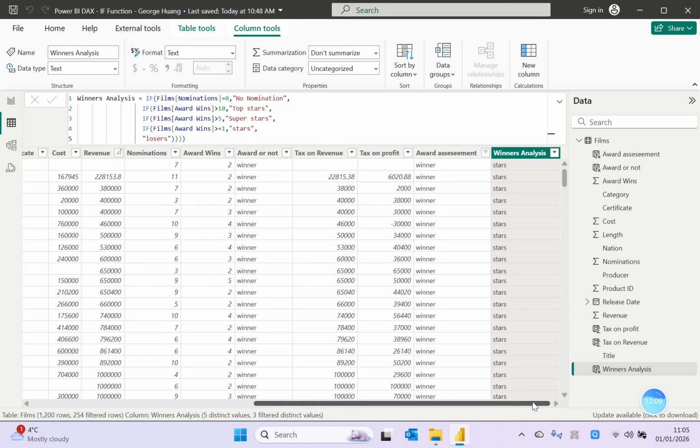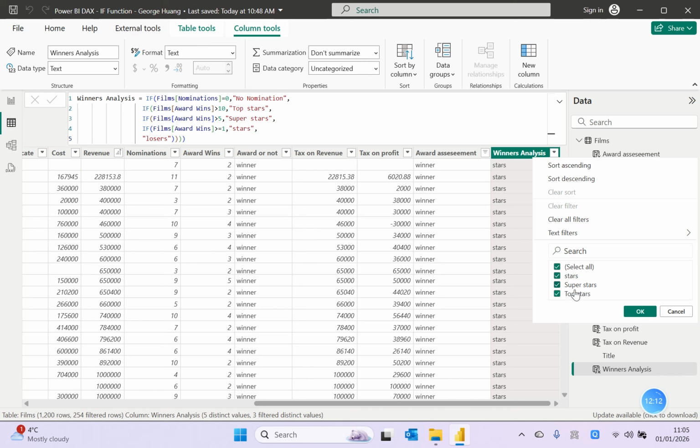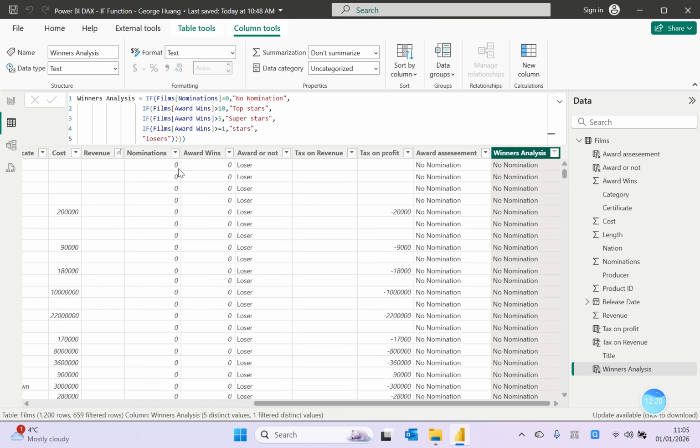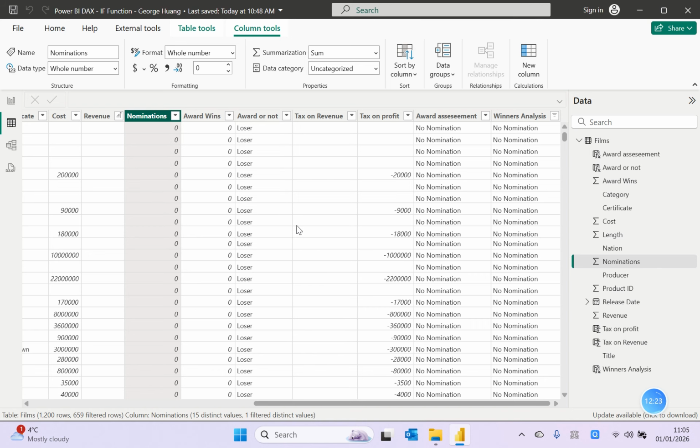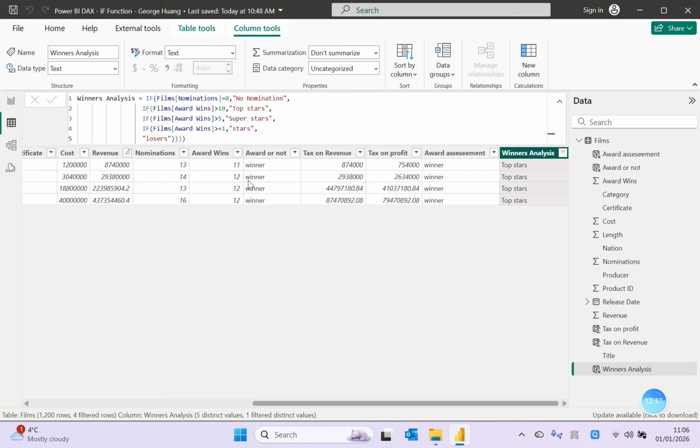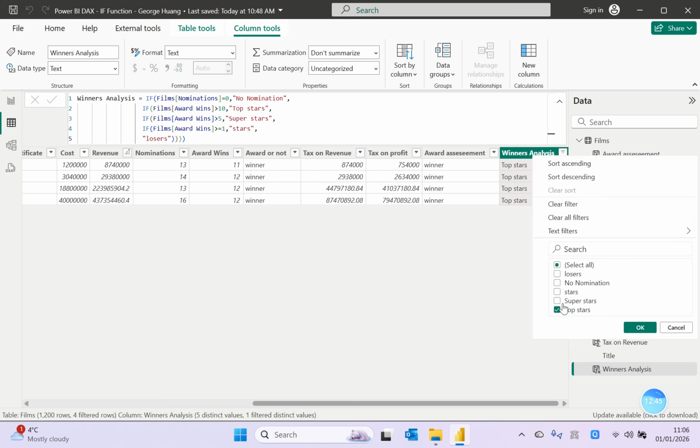Okay, let's do the last sense check. Clear all the filters. If there is no nominations, the nomination data should be 0. That's for sure. If the movie got the nomination and also belongs to the category of a top star, what does it mean? With nominations and also award wins more than 10 times. If that is a superstar, then it should be